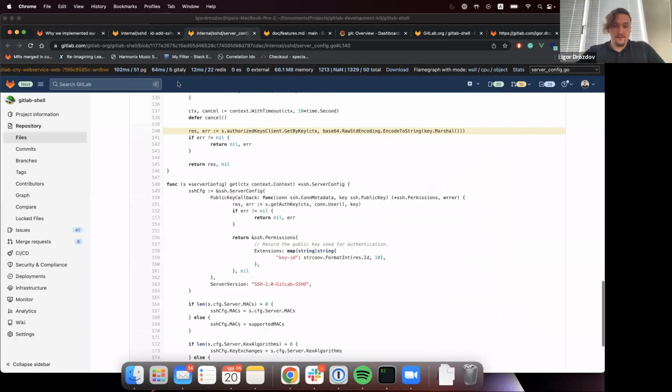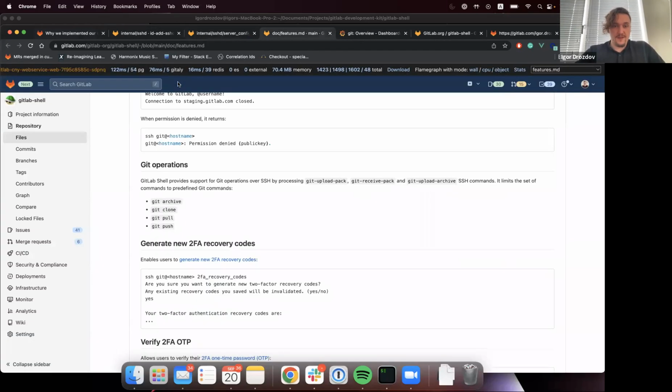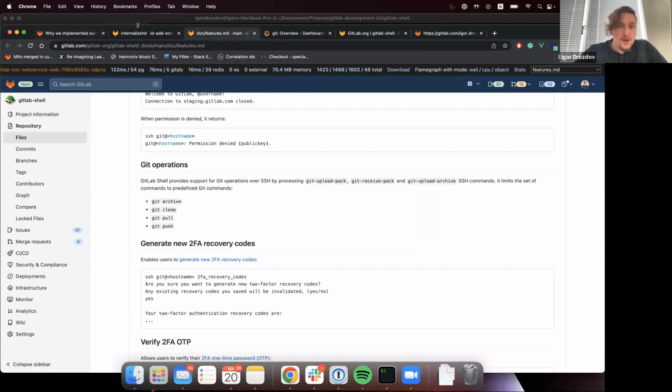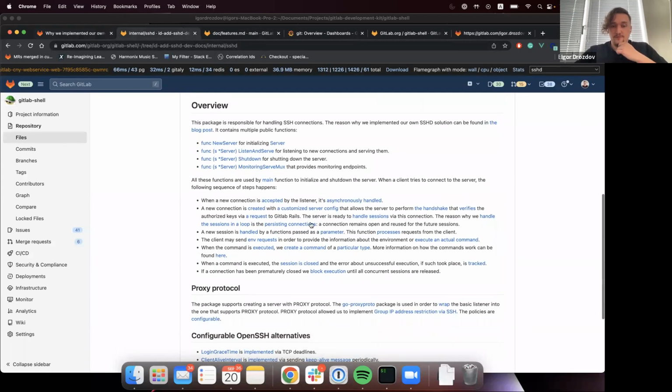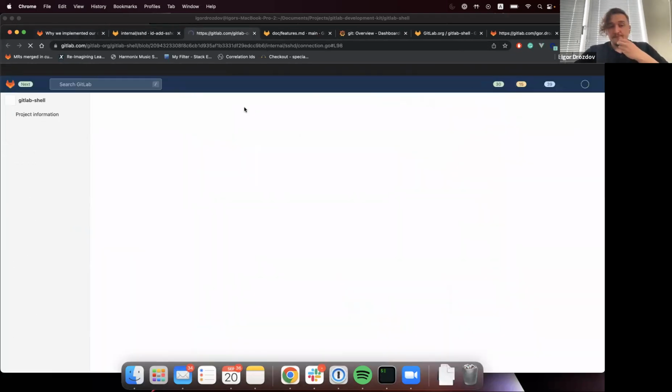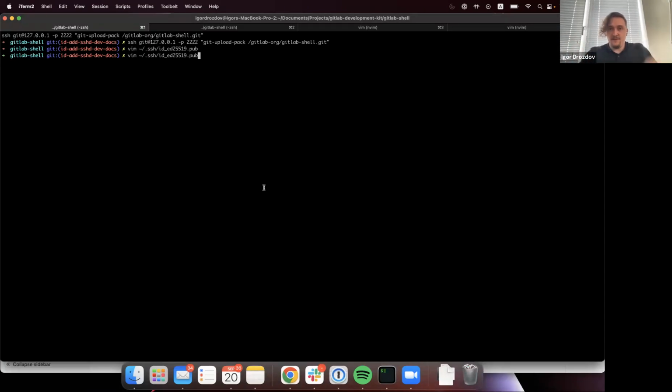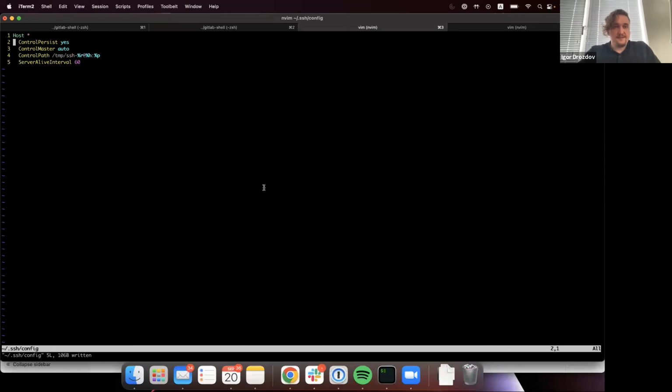When a user is authenticated, we are ready to process the sessions. What does it mean? When a connection is established, a user can have multiple sessions. It's something that I learned quite recently, that an SSH connection can actually be persisted,